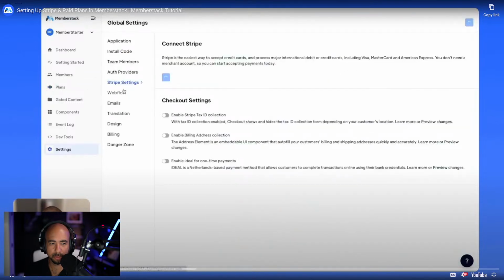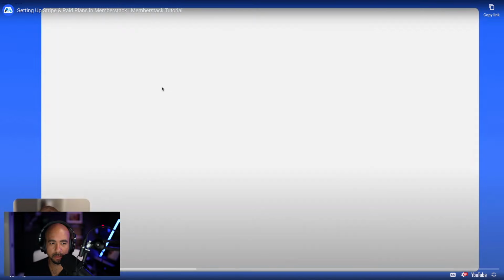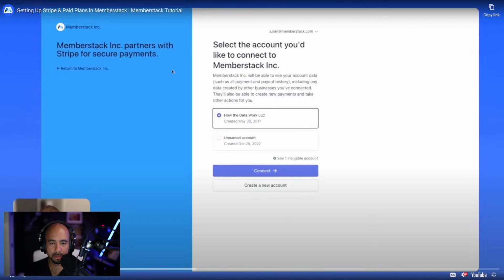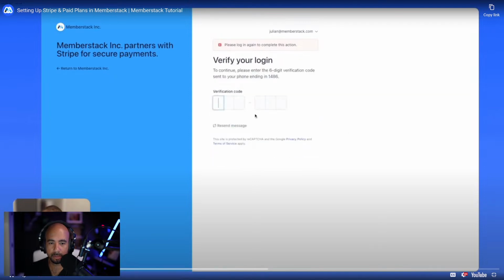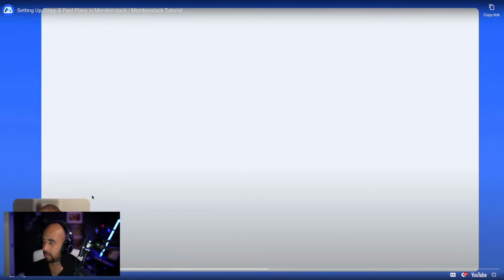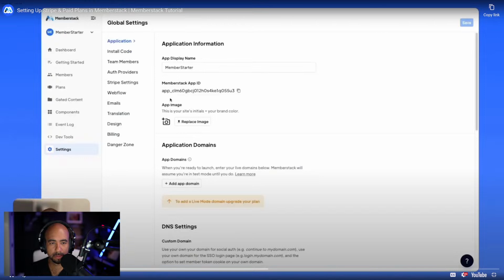So what I'm going to do is click this. It's going to take me over here to connect Stripe. And then it is going to tell me here to connect. And I have my testing Stripe account right there. Yours is, of course, going to be your real one. Then we click Login there and let me do my two-factor authentication. So there we go. Now that I have completed my two-factor authentication, we are taken back into Memberstack